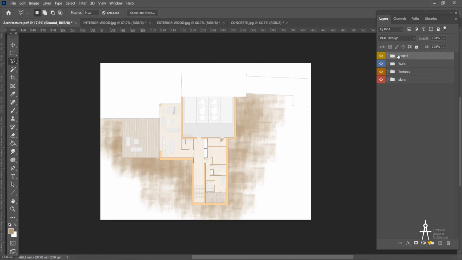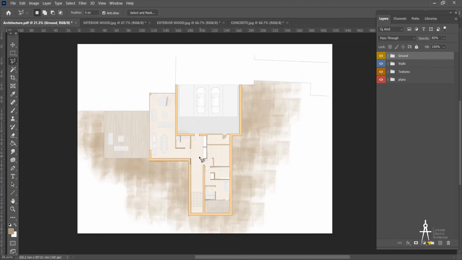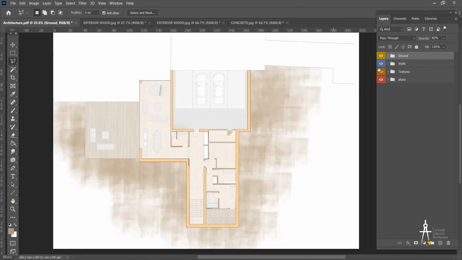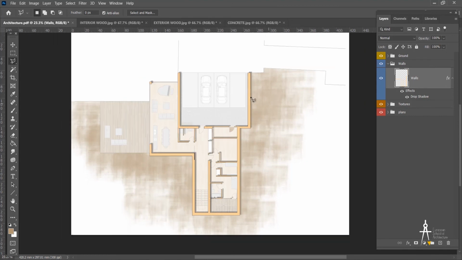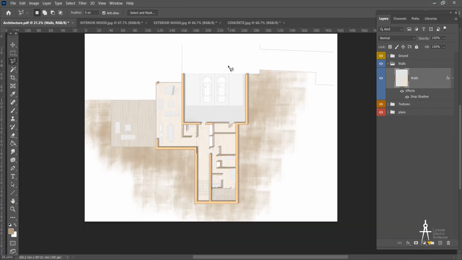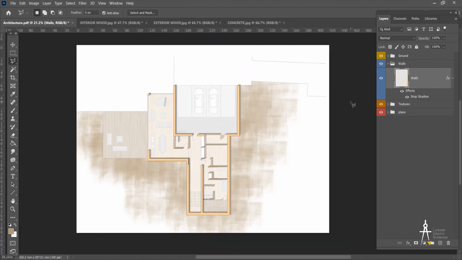Okay, I'm going to again drop the opacity, and you can start working on these things. And you should select this. Okay, well, much better. This is an overview, an introduction to what you can do with